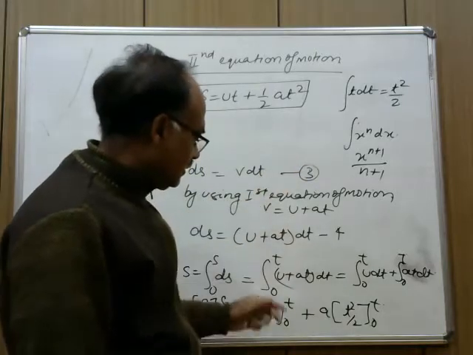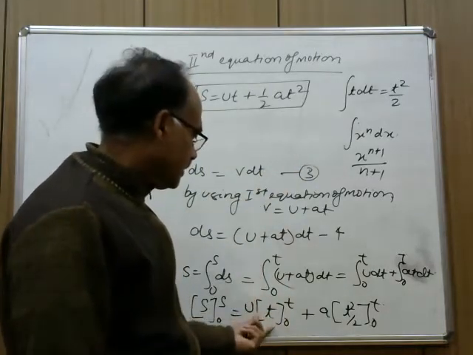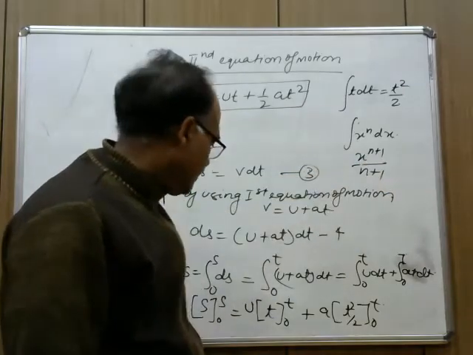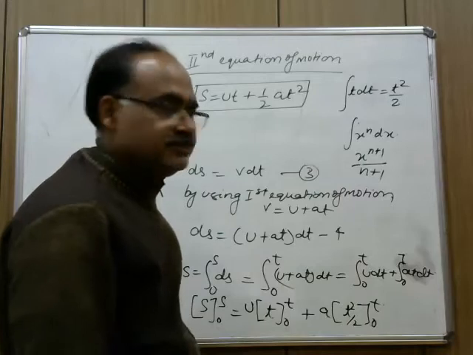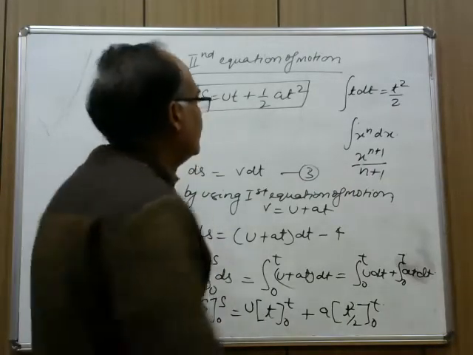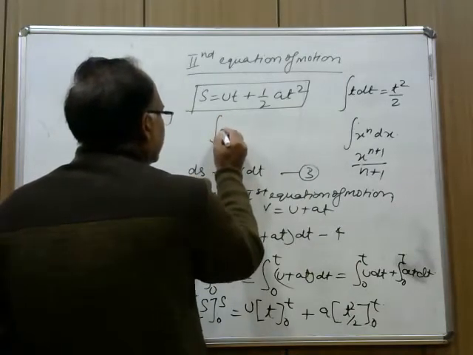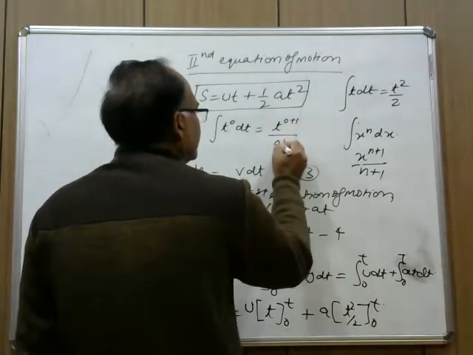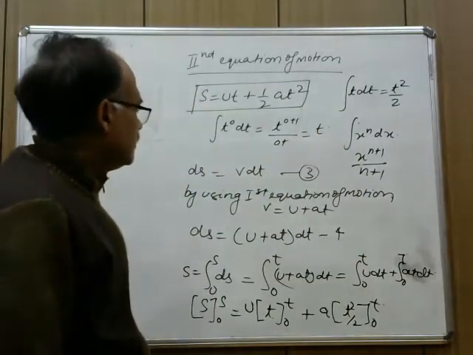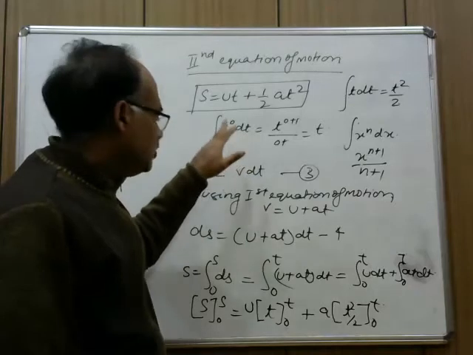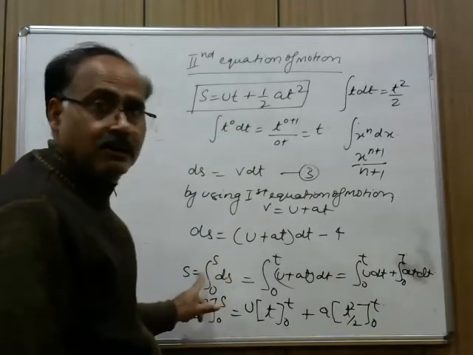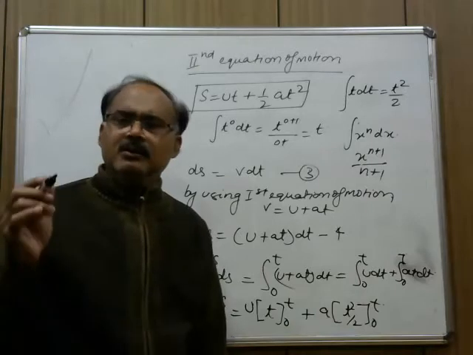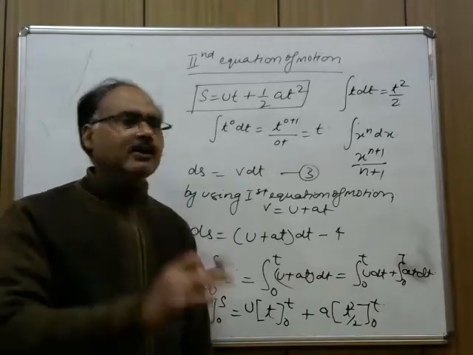You can see that the formula which I have used here is x to the power n dx, x to the power n plus 1 upon n plus 1. जो सिंपली ds था उसका डिफरेंशिएशन मैं इंटीग्रेशन बता चुका हूं, और उसका डिफरेंशियल इंटीग्रेशन ये लिख सकते हैं, that is t to the power 0 dt, which is equal to t to the power 0 plus 1 upon 0 plus 1, that is t. तो जहां 1 था वहां हमने t to the power 0 रख दिए. उसी तरह से जहां 1 ds है हम s to the power 0 कर देंगे. जहां भी सिंपली dx हो, dt हो, dp हो, कुछ भी हो, वहां वही कंपोनेंट आ जाता है बाय दिस फार्मूला.